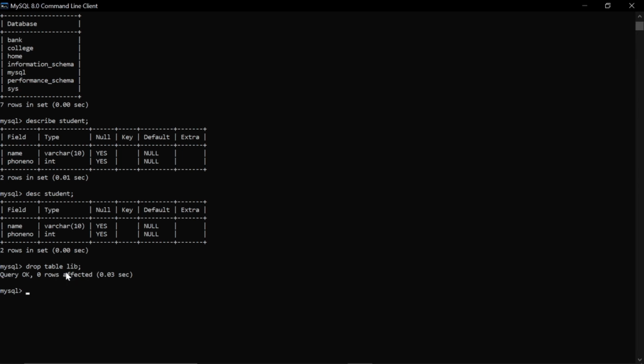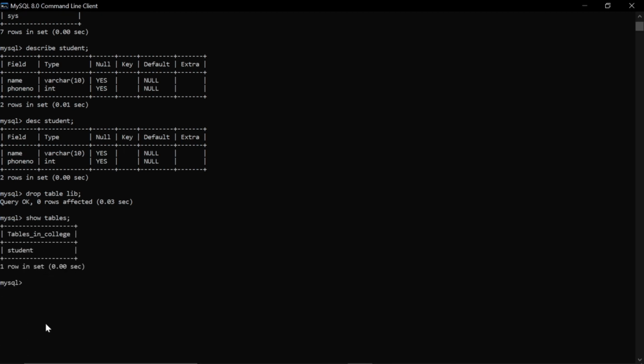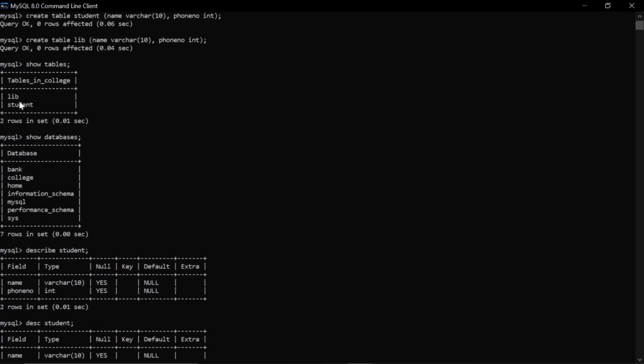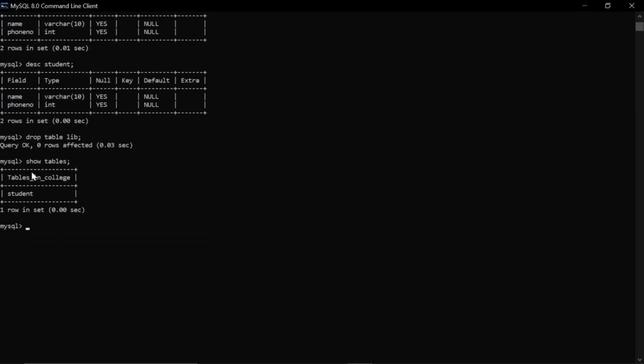So here we can see that our table has been deleted. Now if we see the tables in this particular database, there is only student. Before it was library and student, and now it is only student.